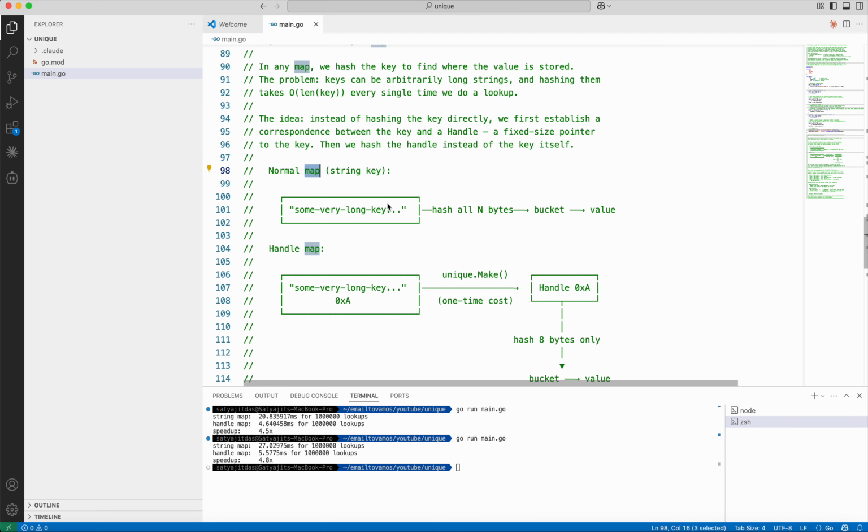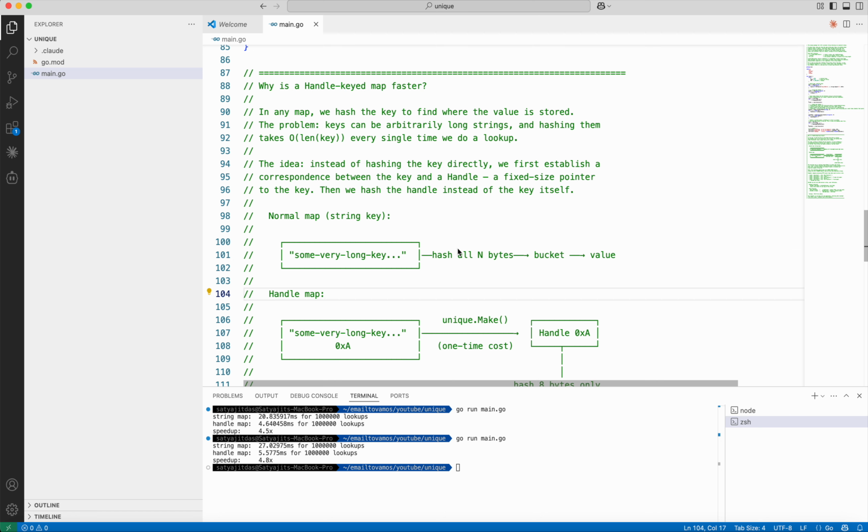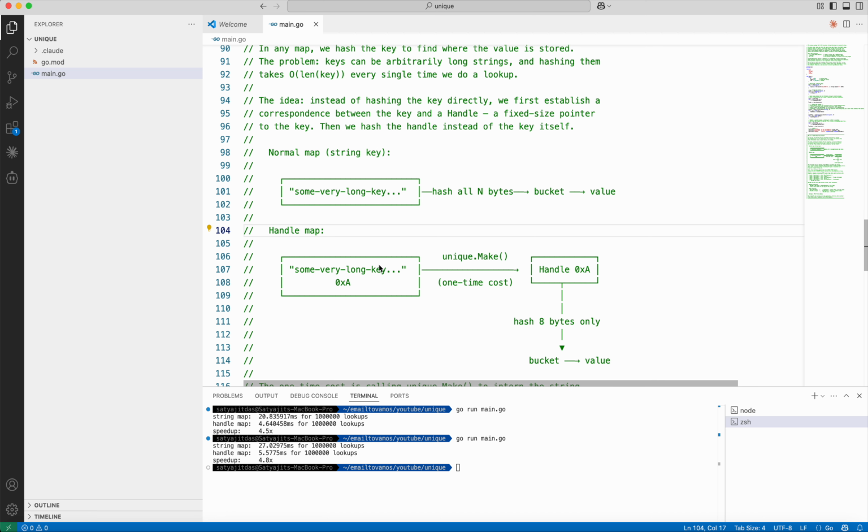So this is the example which I just showed. In the case of a normal map with a string key, if you have a very long key, then you have to hash all the n bytes if it is of n byte size, and then you get a bucket and you get the value. Whereas what you can do instead is,